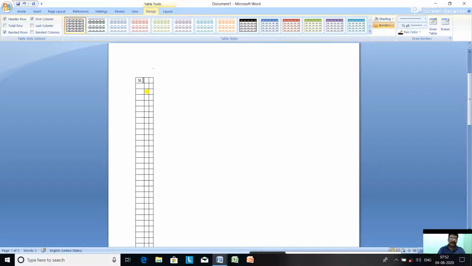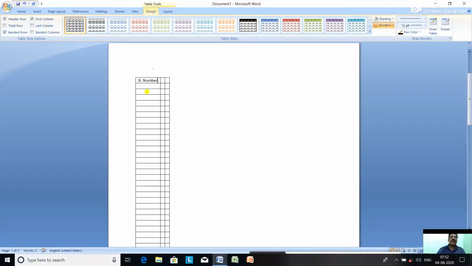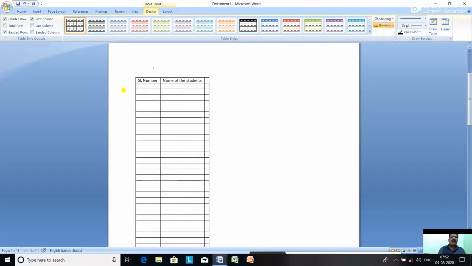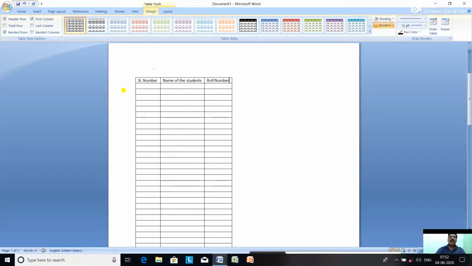Type serial number. Then click on the second column, type name of the students. In the third column, type roll number. Okay, done.